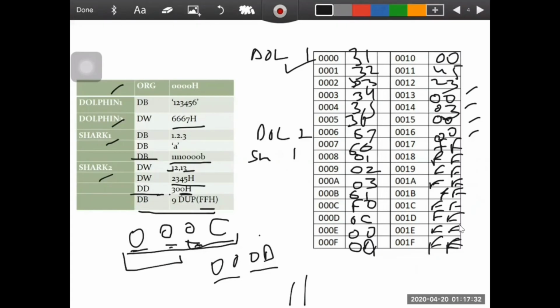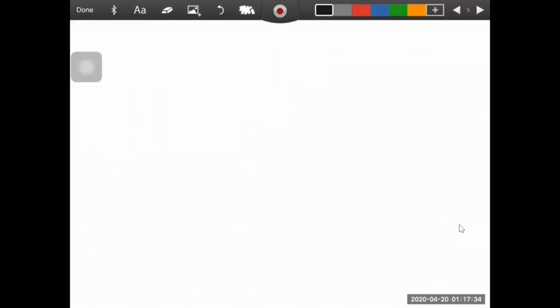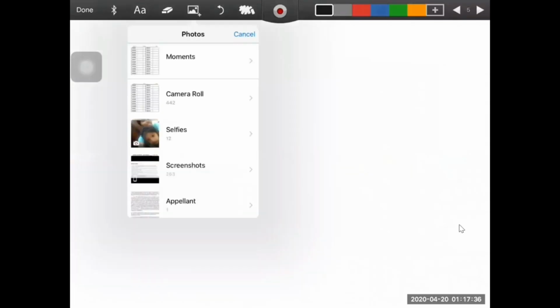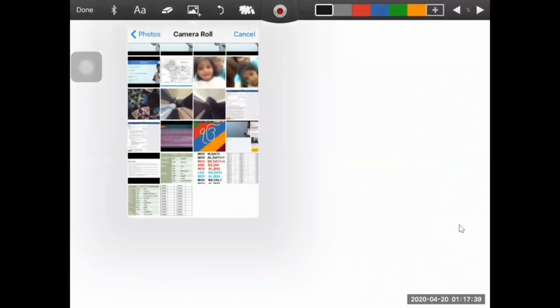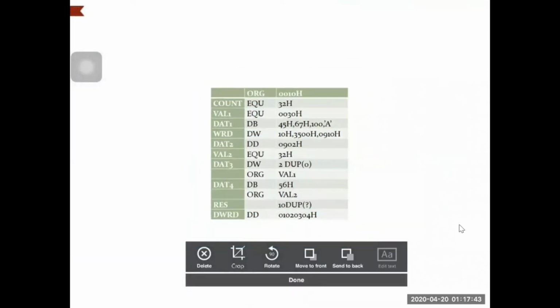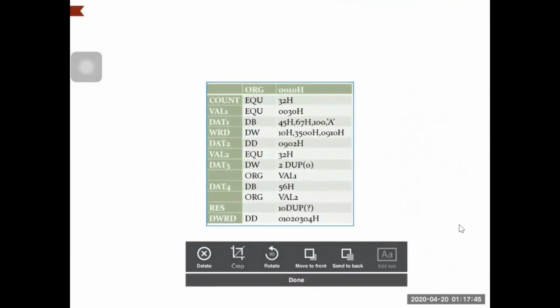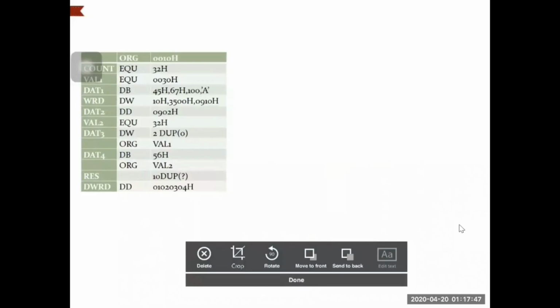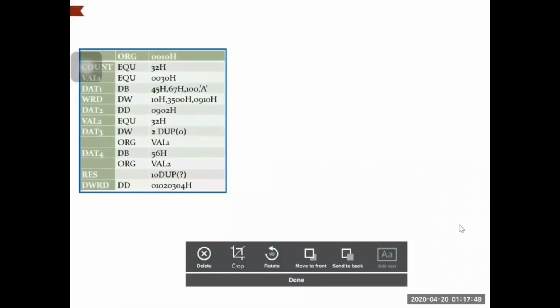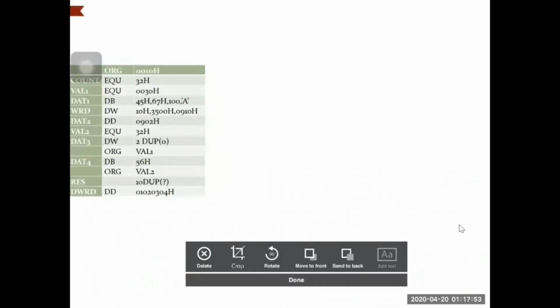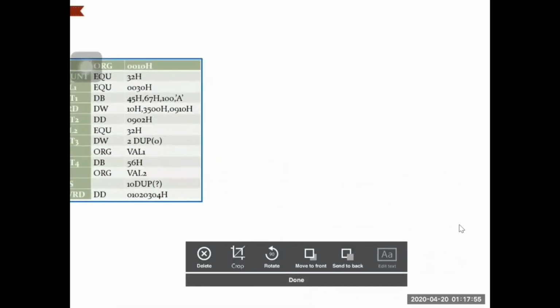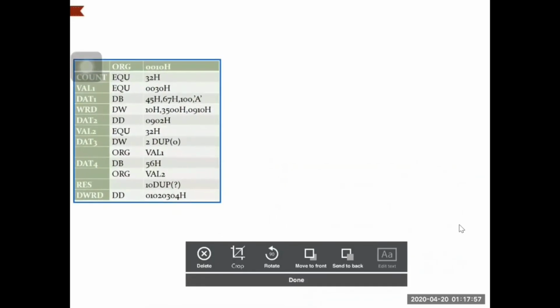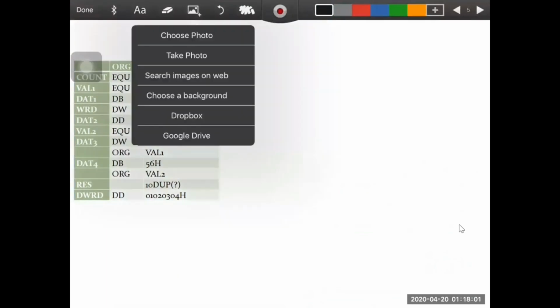Now let's take one more example. So this is our sample directive program. So let's take memory locations also.